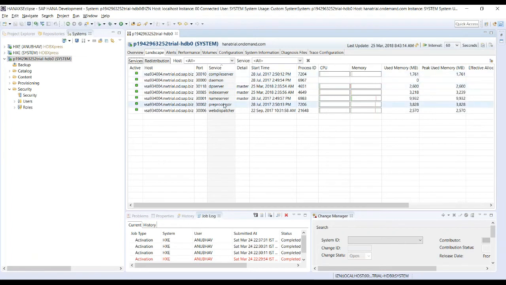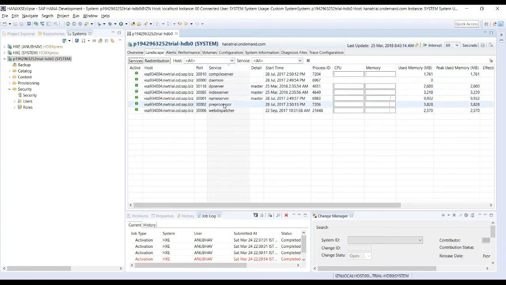What is a service here? It's nothing but an operating system process. When you install an SAP HANA database inside a SUSE Linux machine, there are different operating system processes running to keep your SAP HANA DB up and running. These are the system processes it is showing you. The main process here is the index server process, which is your real database capability of HANA,